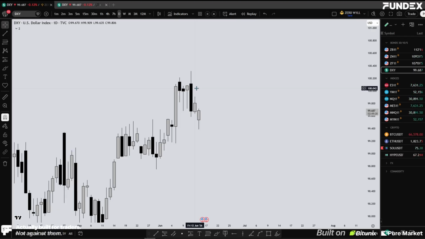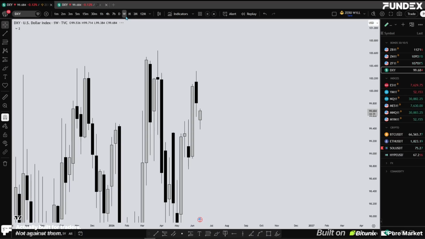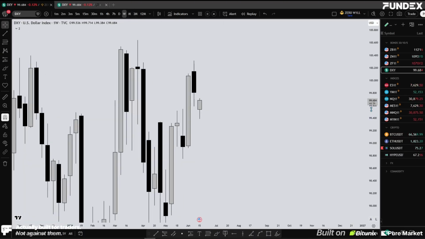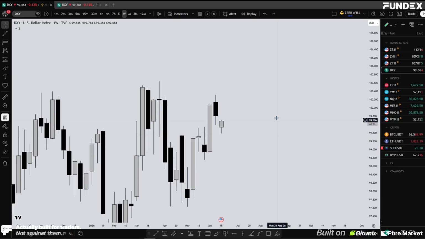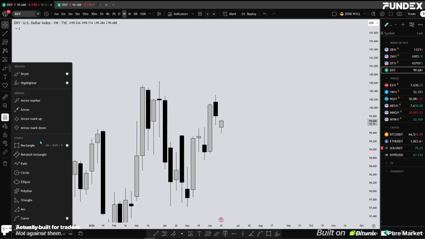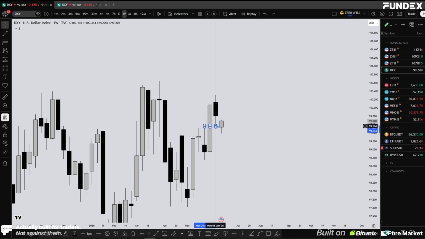Now, like we talked about before, the framework for really high probability day trading is to understand where the week is likely to expand, right? And then the daily kind of becomes what I would call our bellwether. It's like, if I'm not mistaken, bellwether is something that's outside that kind of gives you immediate feedback, we'll say quicker feedback, right? But if you notice, we have a gap here, very, very small,